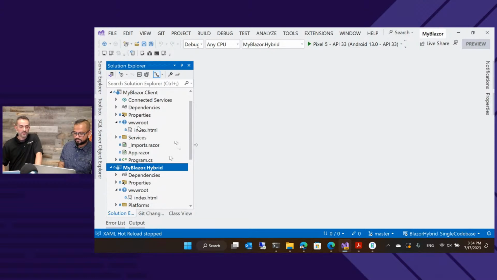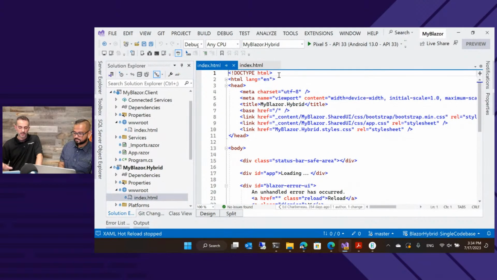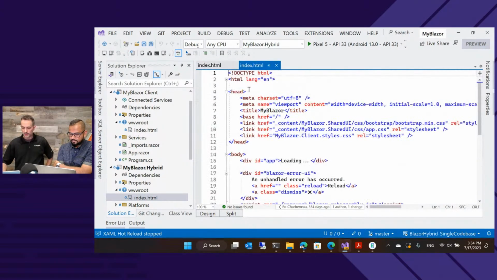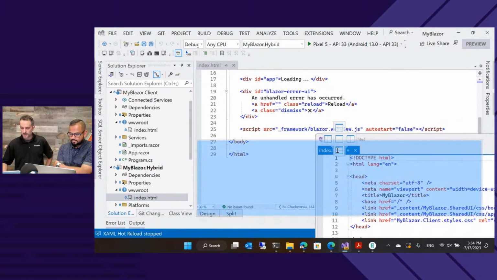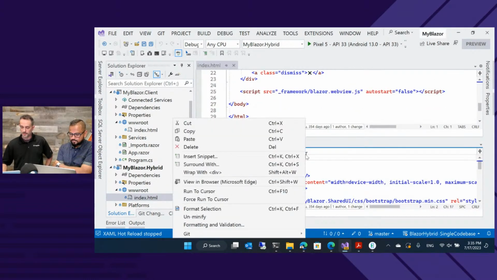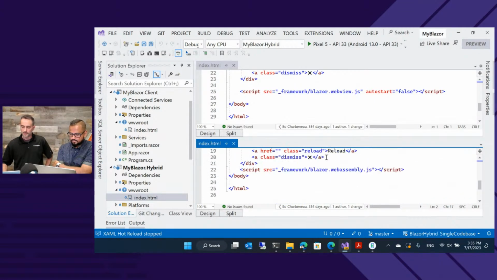So all the CSS styles and all of that belong to the UI library. So we don't see any of that in here. What we have is index.html in both locations. Now you can't share the index.html file. No. There is one very specific line in here that is going to change the way your program works. And that is going to be down at the very bottom. So if we actually pull these up, let's stack these up top and bottom so we can see them really good. This one and this one, pull up that same last line.